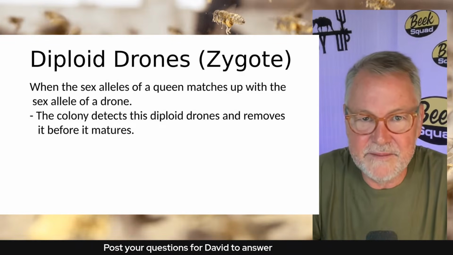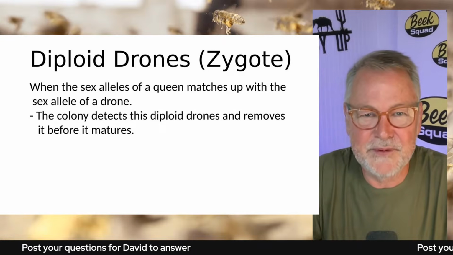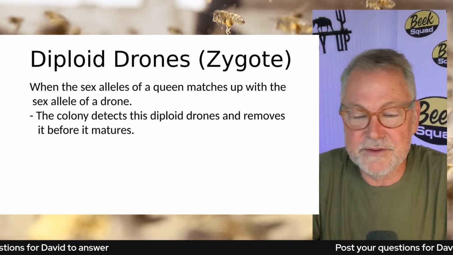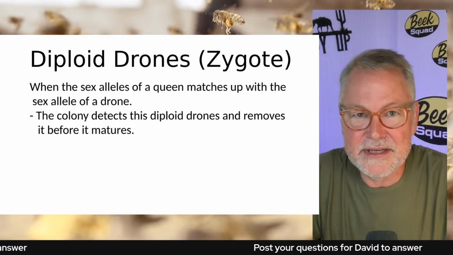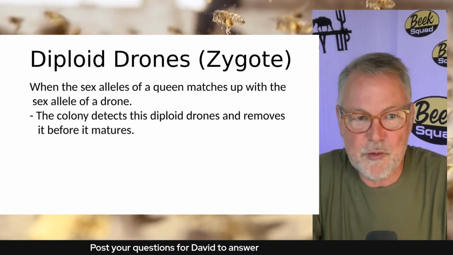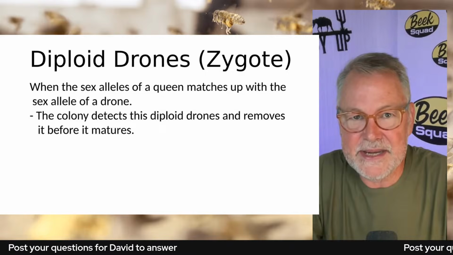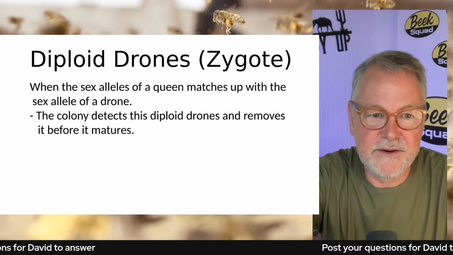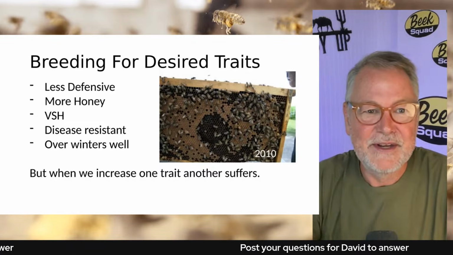I've heard of people letting them grow in a laboratory, and what they get, if it did emerge or eventually become an adult, it would not be able to do anything at all. So it's worthless. It's just a rare freak happening in nature. But anyway, there's that, the diploid drone. Now for breeding,